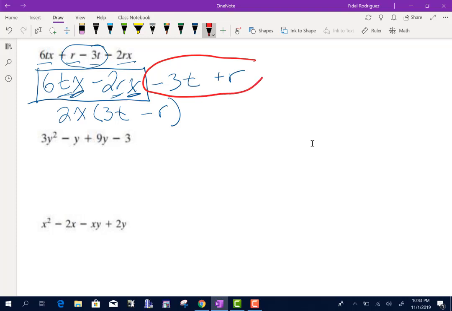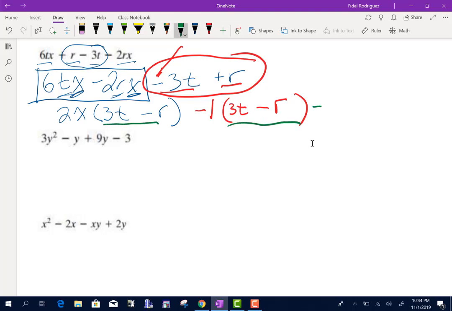Now I'm going to circle these two here, and ask myself, is there anything common to both those pieces? I can't really see anything that they both have, right? But the one thing I want you to notice is that we have that negative there. Guys, if we cannot factor anything out, we can always factor out the number negative 1. And because we're dividing by a negative 1, all we're doing here is changing our signs. So instead of a negative 3t, it will be a positive 3t. Instead of a positive r, it's going to be a negative r. And then if I look at this piece here and that piece there, yep, they match up. So we're going to go 3t minus r and 2x